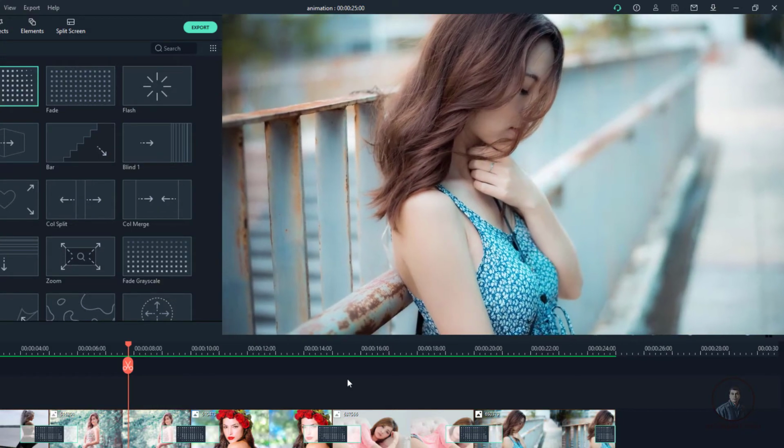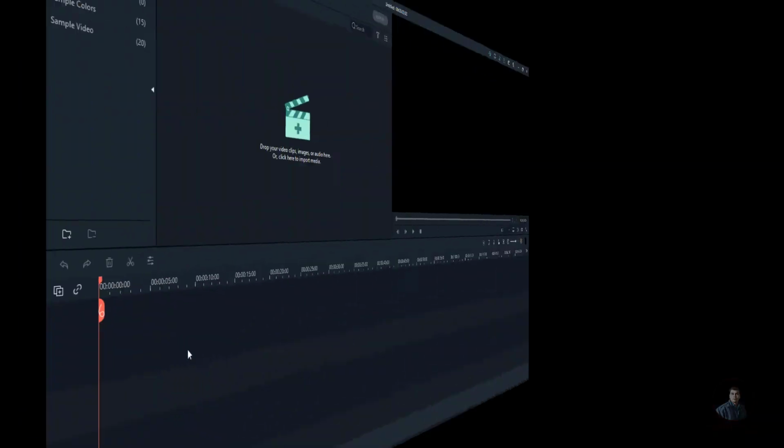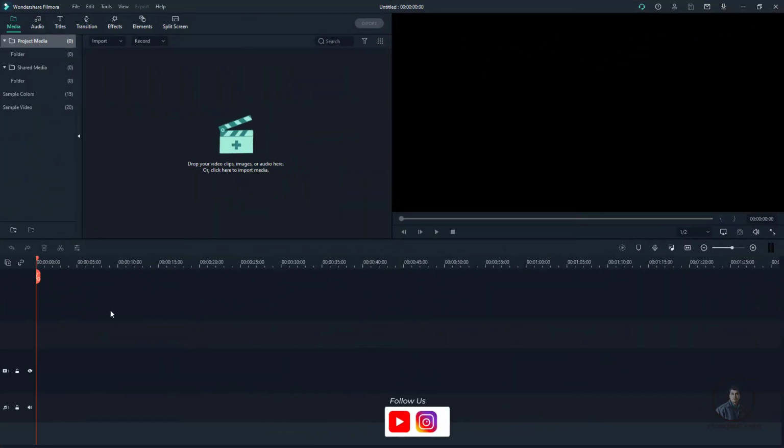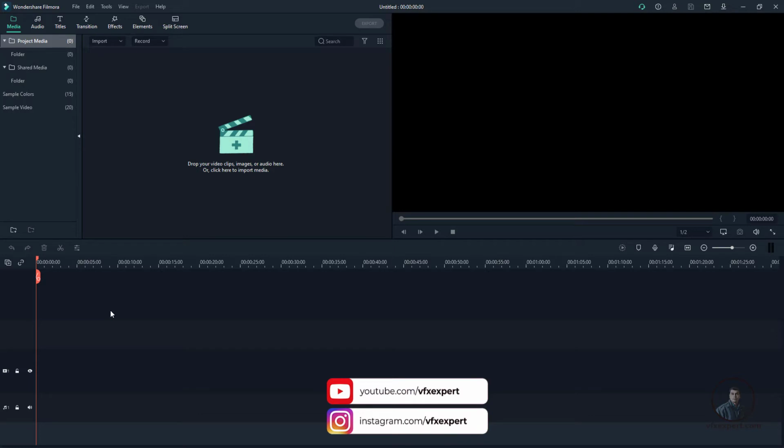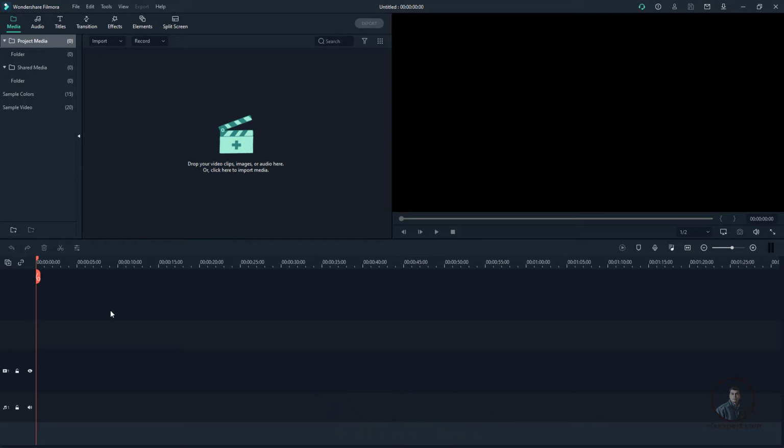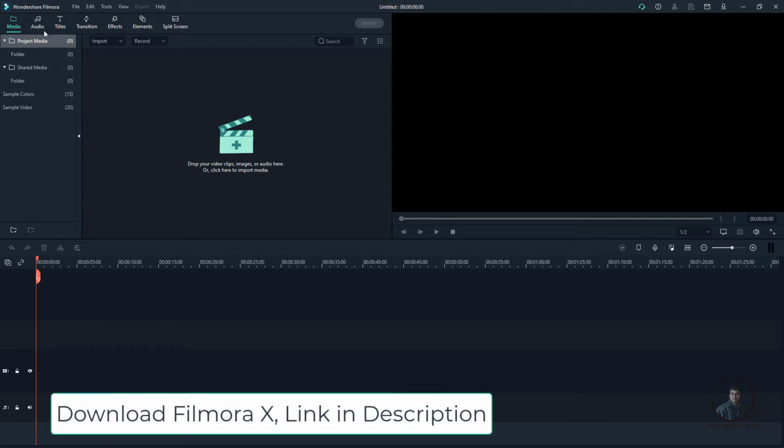Now let's start Filmora X. Here I am using Filmora X or Filmora 10. Keyframe animation is one of the most powerful things in Filmora X. Here I am going to explain how we can use keyframe animation, or manual animation, in Filmora. The interface looks the same as before, but some changes are here, maybe the project folder,